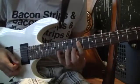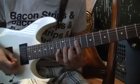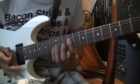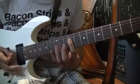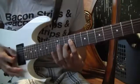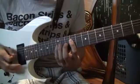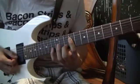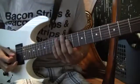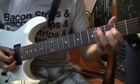And then right here they throw in a 13, pull off the 10 on the second string. That's different than what we were pulling off to before. So it sounds like, and then right here throws another one in. And back to the intro riff again, but it just plays it one time and it stops on the 3. So it's,